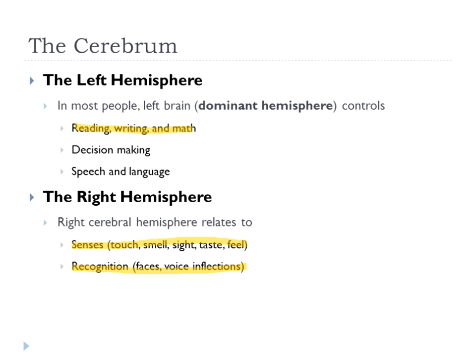Right hemisphere, people that are very strong or right hemisphere dominated are much more artistic. A lot of times they're left-handed. They see things in a different way than sometimes left hemisphere dominated people do. Your senses of touch, smell, sight, tasting, all of those things are in your right hemisphere. The ability to recognize faces and to recognize voice inflections or to recognize other people's voices, that's part of your right hemisphere.